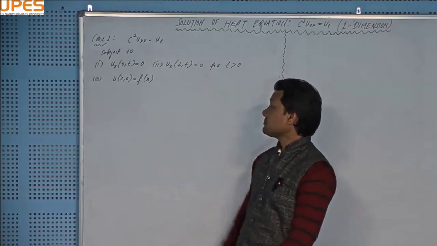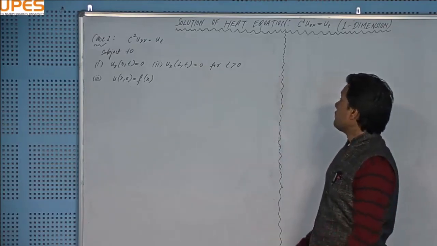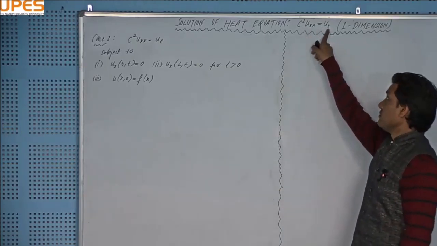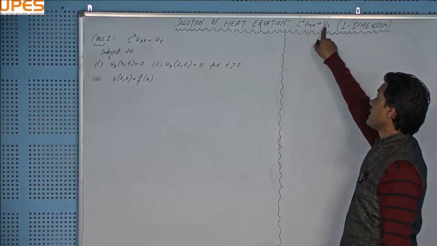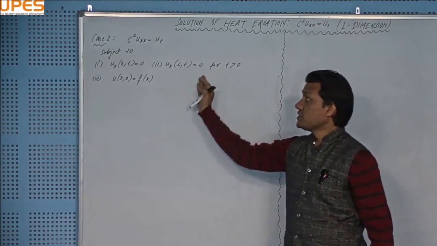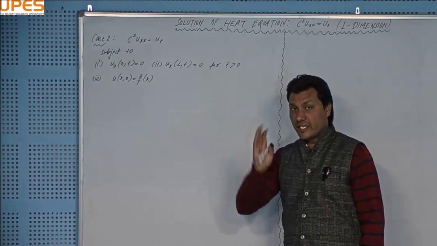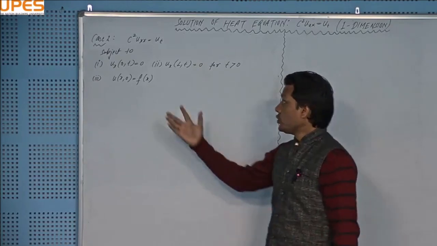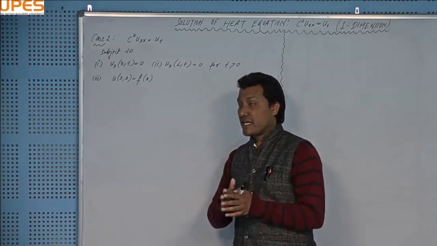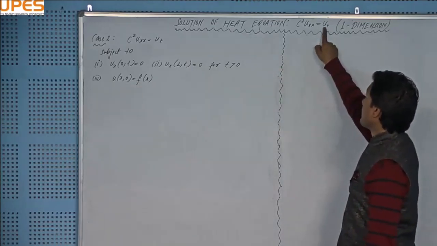Remember that in contrast to the wave equation, where we have u_xx and u_tt, second order derivatives with respect to x and t, there were 4 conditions, 2 boundary conditions and 2 initial conditions, while in the heat equation we need only 1 initial condition, and it is due to the fact that this equation is a first order